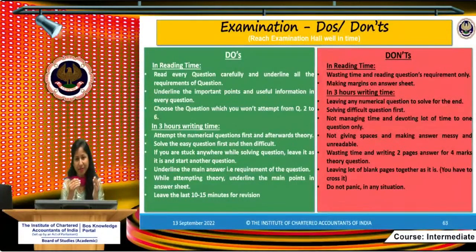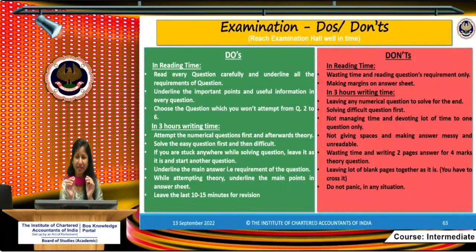In 15 minutes, you can decide what question you would be writing, because there is some internal choice. So please decide in those 15 minutes only, because later on you don't have time. First read the question. Just like in this ABC, I went through the data, what is given, then I started calculating the figures. So first go to what data is given, then start reading the main content, and then write the points and sub points. First go through this while solving the question paper.